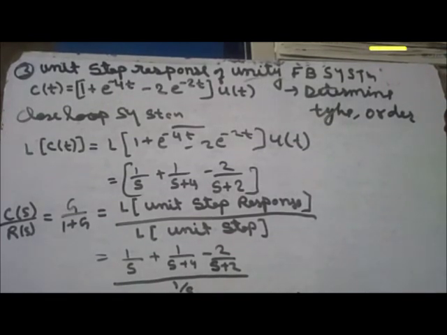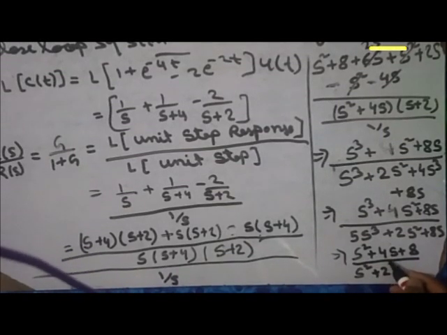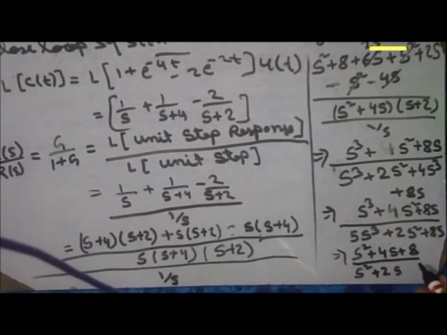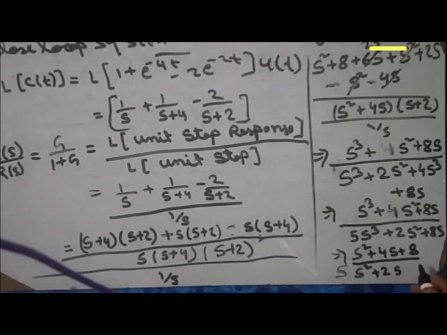Now the next question is that a closed loop transfer function is given here. We have to calculate the order and type. Okay. Now for order and type: order is the total number of poles of the open loop. Now for this, order is what? Order is five. For type,